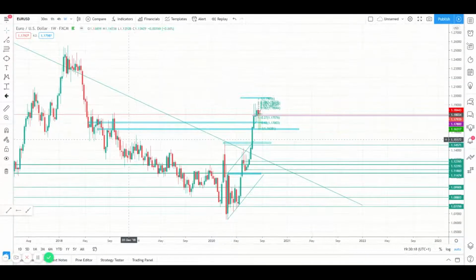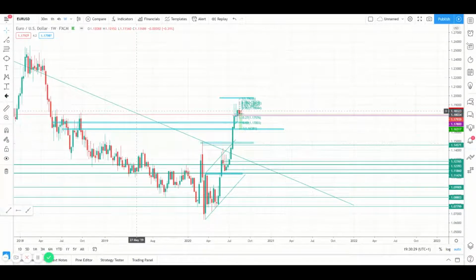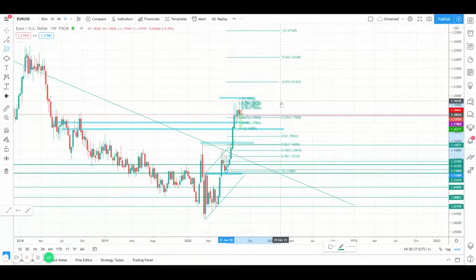Looking at a weekly level, you can see that it is a strong area of support for the pair, and also found resistance here as well. So I like that. I think there may be a bit more of a pullback, to be honest with you. If we take our fibs on our weekly levels from this last impulse, which we just snap in there, and we bring our fibs up here,